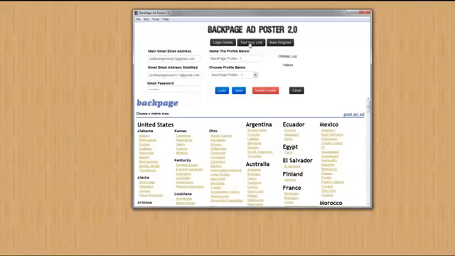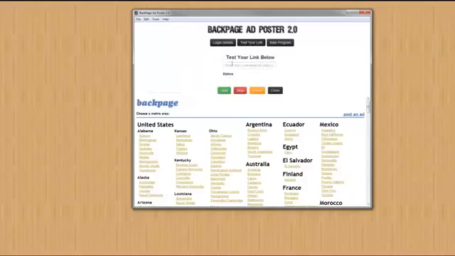We'll go to the test your link tab. Before you run any campaigns on Backpage, you want to test that link to see if it's going to be approved or not, because you don't want to spend all the time putting your ad copy together and then try to run the campaign, only to find out that your link is not going to be able to be posted on Backpage. You'll get that dreaded contact